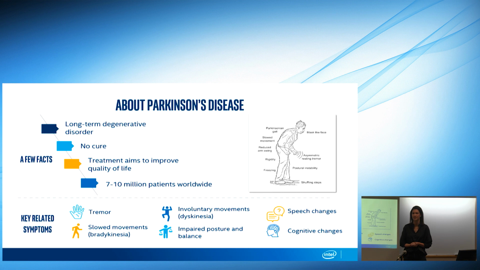In addition to that, there are additional symptoms that Parkinson's disease patients are suffering from. Cognition is one aspect of it. Over time, Parkinson's disease patients are likely, similar to Alzheimer's, to suffer from a cognitive decline. And speech is another aspect. Often you can notice from the way that Parkinson's patients are speaking that there is a decline, and I will talk a little bit about that towards the last part of my presentation.